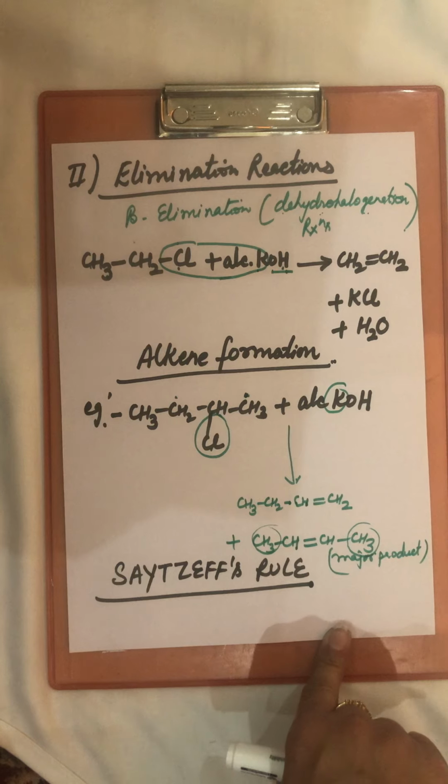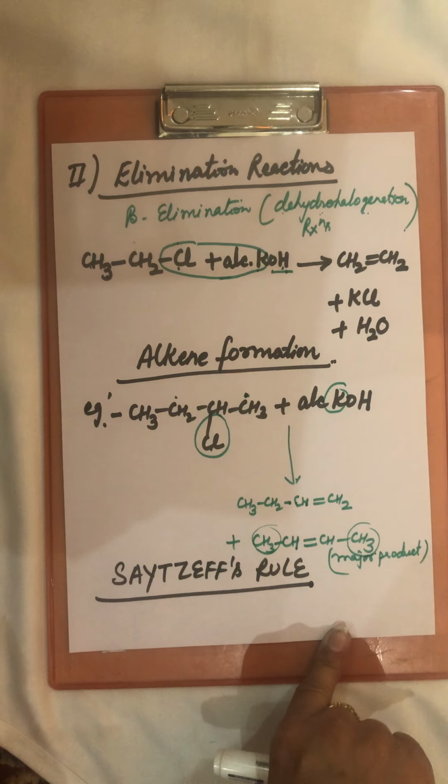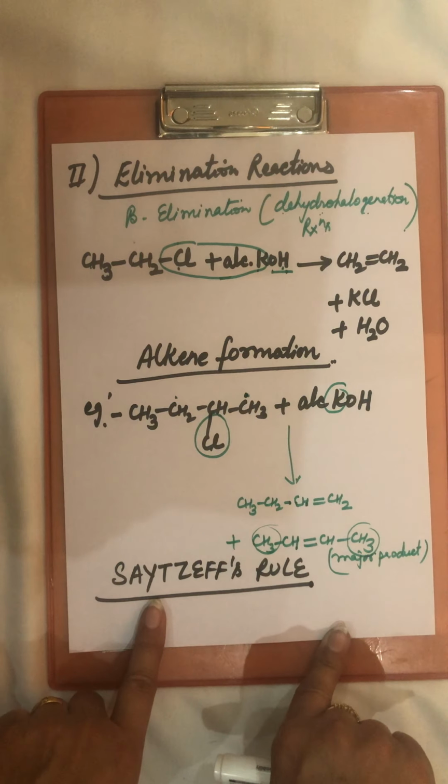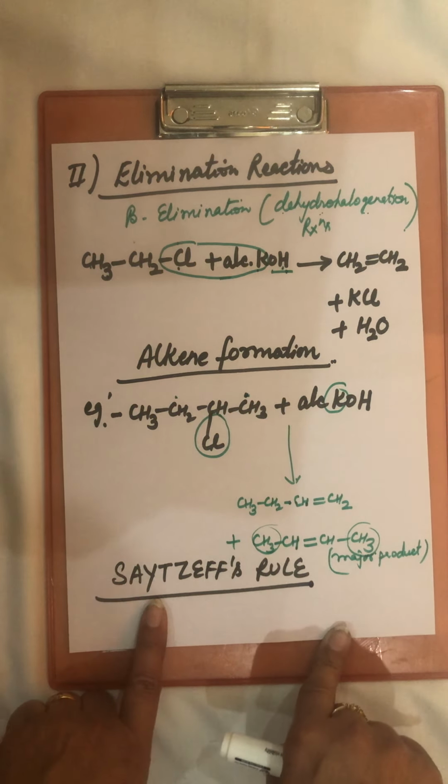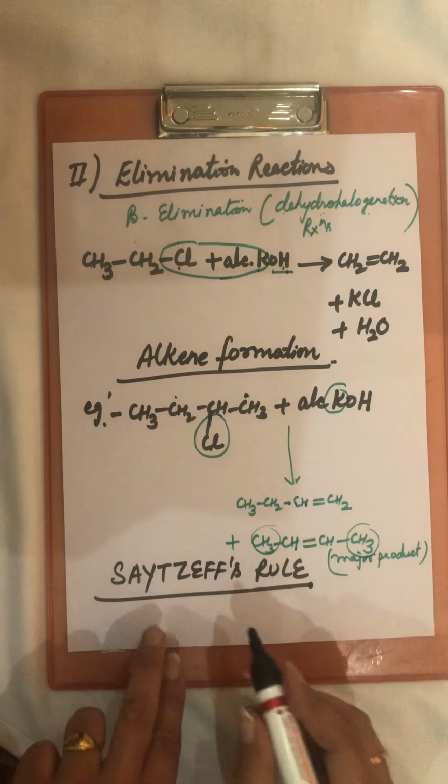So when we are applying it, this will be easy to apply, and otherwise if you are writing the Saytzeff rule, then we write that the alkene which is more alkylated will be the major alkene. This is about a